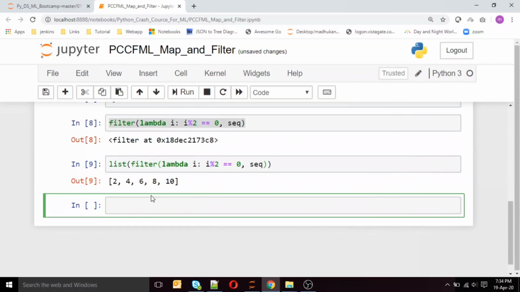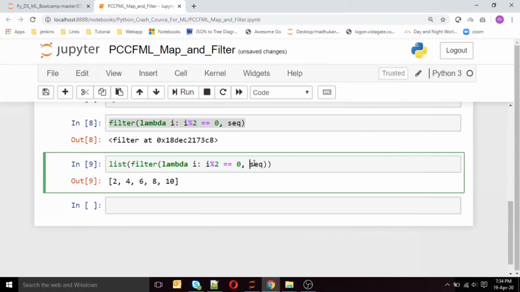What exactly I have done is take each and every element from the sequence and pass it to the lambda function. The lambda function checks whether it's true or not, meaning whether it's even or not. If it's not even, it's not considered. If it's even, it's considered, passed through the filter and stored as a list.